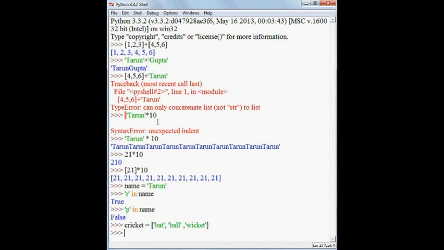Now you have created a sequence in memory. Just like I searched for one letter in a whole word, I can also search for one element in the sequence. Alright, let's check whether there are gloves in cricket or not.